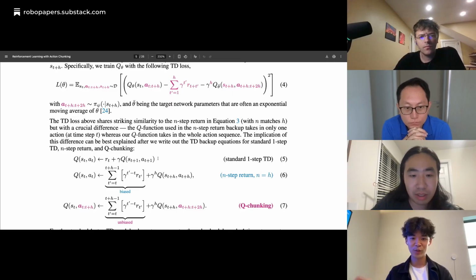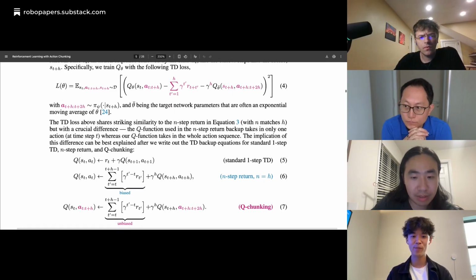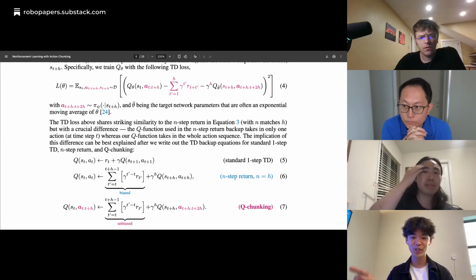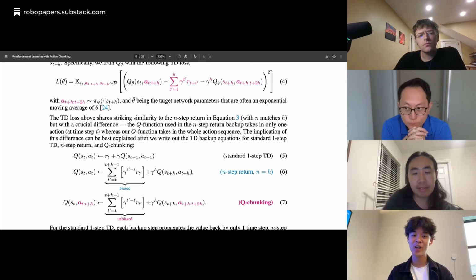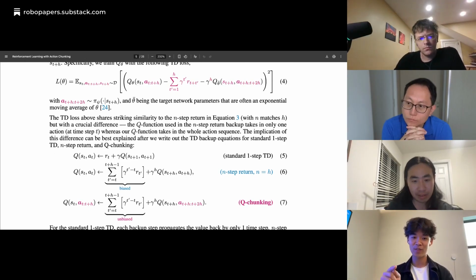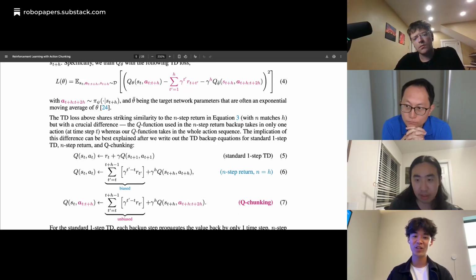But if you do the Q chunking backup, where you back up the Q function in the action chunk space, you get to look n steps ahead because you have n steps of actions ahead, but you're backing up with exactly the unbiased action of your chunk policy. So that's why you enjoy the benefit of faster TD backup, but you don't suffer from this bias problem.